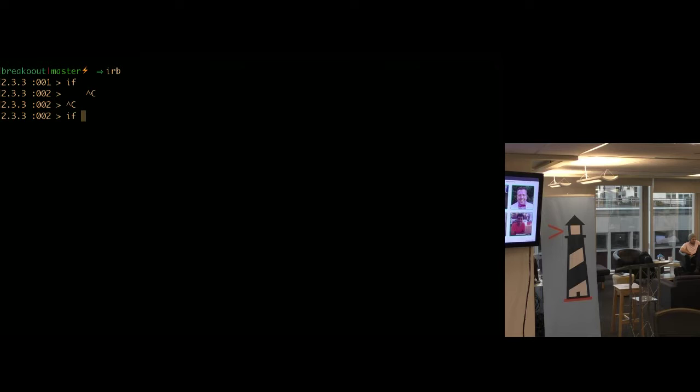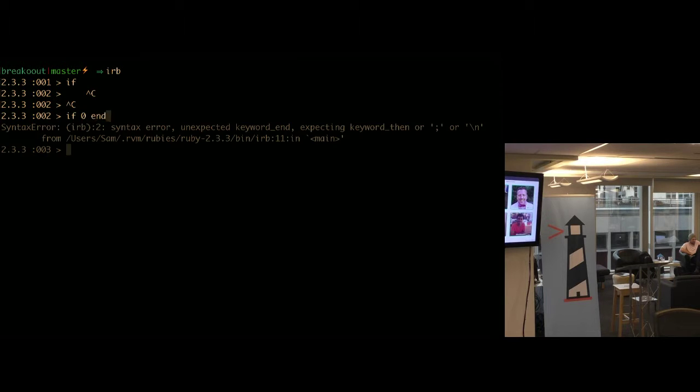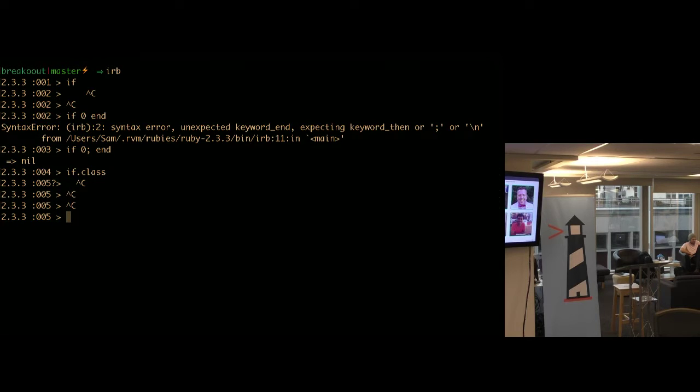But an if statement will evaluate, if I do it correctly. Do I have to do a semicolon? Yes, I do. An if statement will evaluate to an object. Nil. Nil is an object. But if by itself is not an object. Can I... a block object? I don't think they are. I think you can turn them into objects. So, close enough. Not everything is an object. An if is not an object.